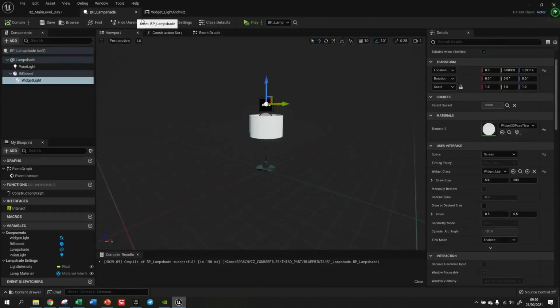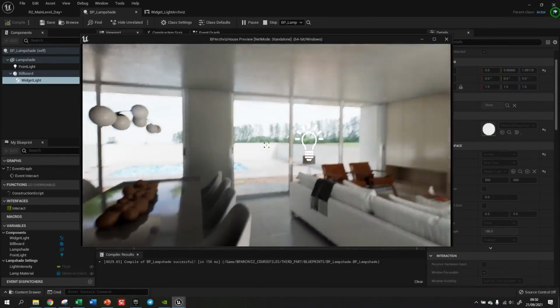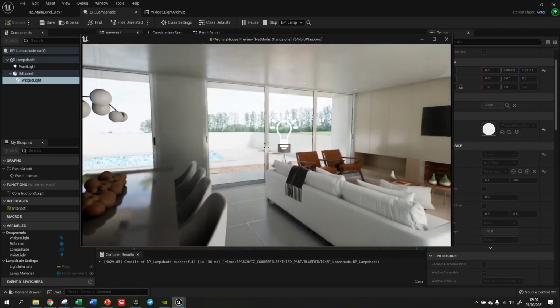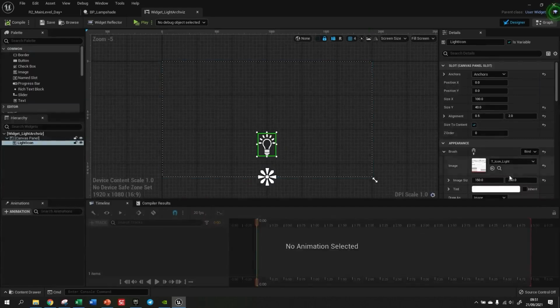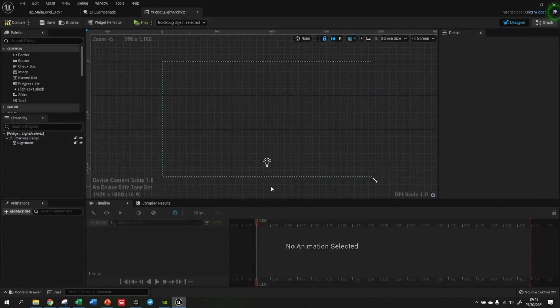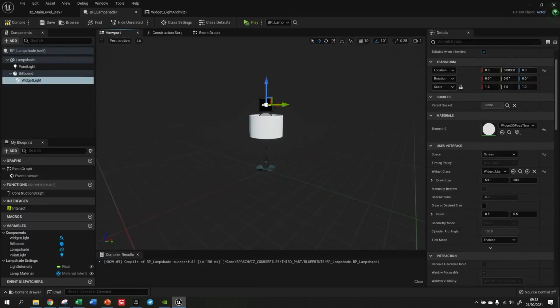Don't need a crosshair anymore. Let's play. Okay, you see that? It's bigger, right? So this is how you control the proportion when we're using screen mode. And let's put that back. Cool. So that's it. So what defines it is this value. So we can just go back to where we were, 70 and 90. And let's move on. Okay, so we understood how to create a widget, how to make it float, and how